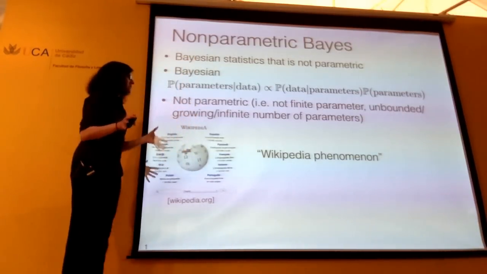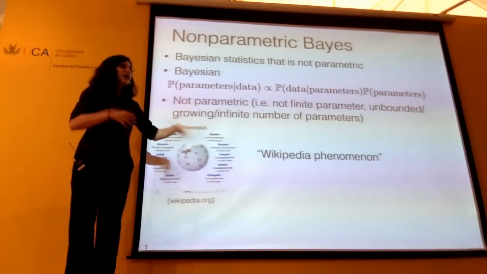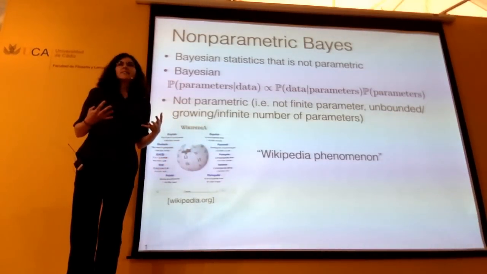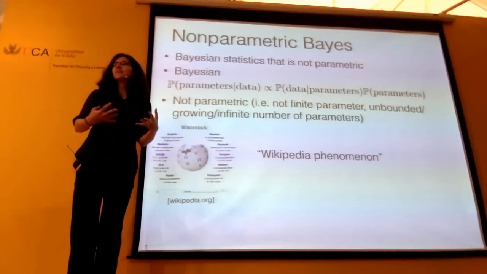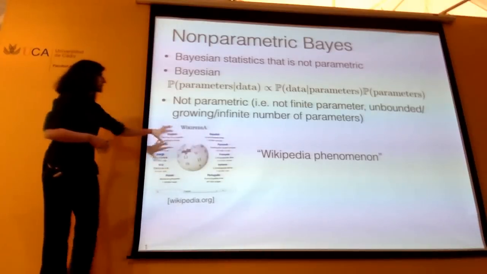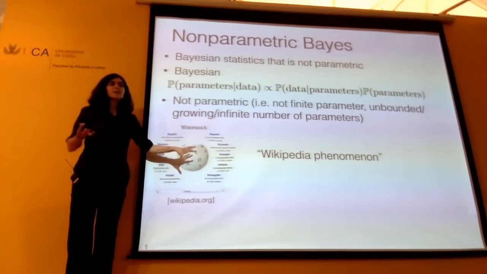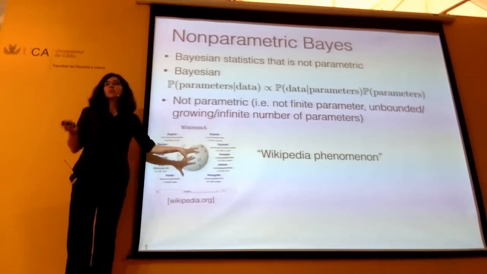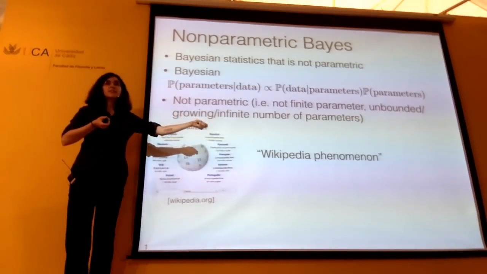And so the point of this story is that you get on Wikipedia and you can just keep reading articles forever, and no matter how many articles you've read, somehow there are always more topics or themes that you can discover. And so this is going to be the idea of the growing number of parameters, that there's some sort of latent set of parameters, like topics or themes in a textual corpus, and there are always more of them to discover as you get more data.